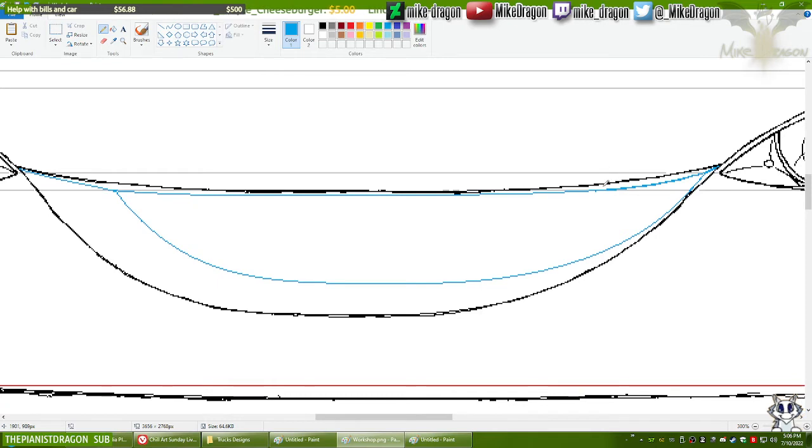I actually should probably not be doing this part right now. One of the reasons is because I don't yet have the rest of the body of the truck, so I don't really have much in terms of proportions to work with. I don't know what I'm trying to say.